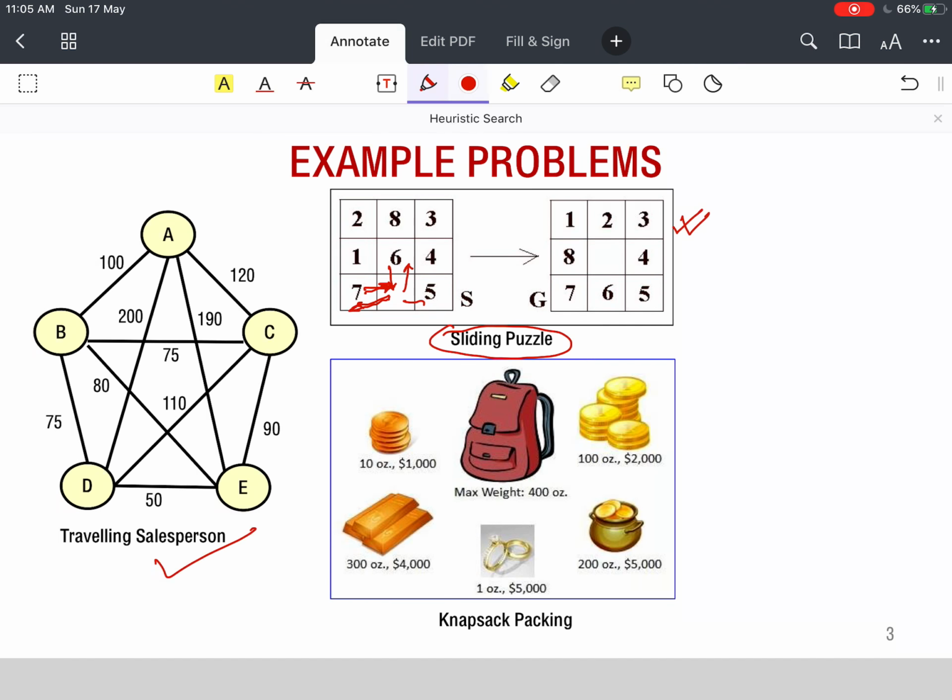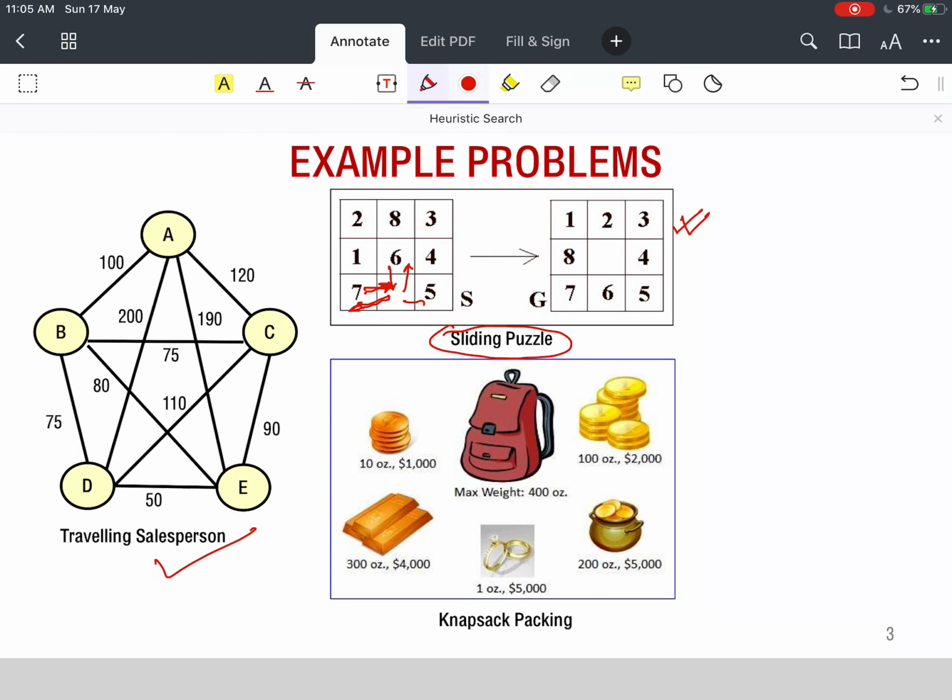So given an initial configuration and a goal configuration like this, we are required to find the path from start to goal. Here again, the problem can be modeled by a set of 9 variables as a state, and the state transformation rules can be defined as moving the blank tile up, down, left or right, and in the corners and the edges, obviously all the moves are not applicable.